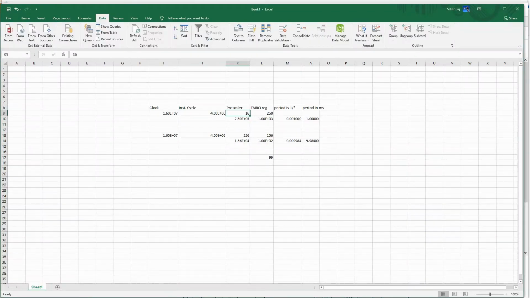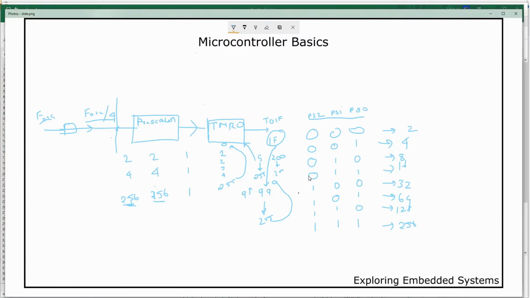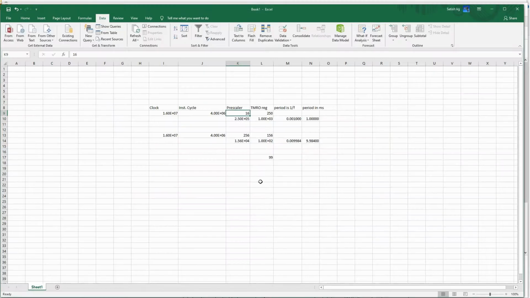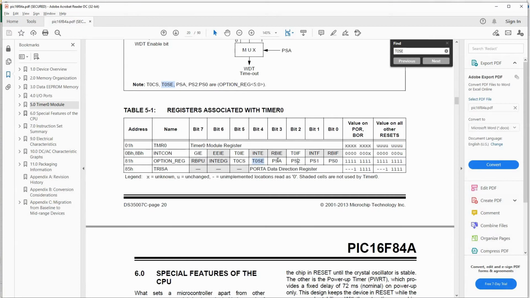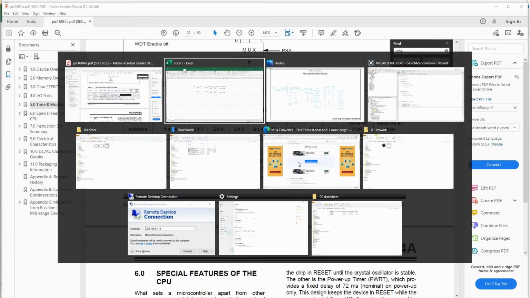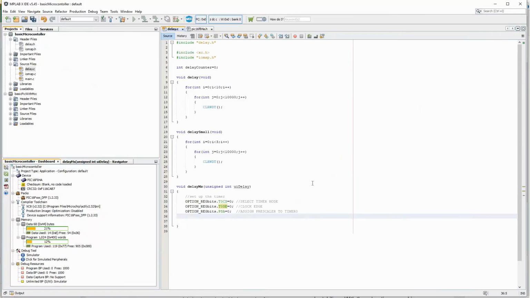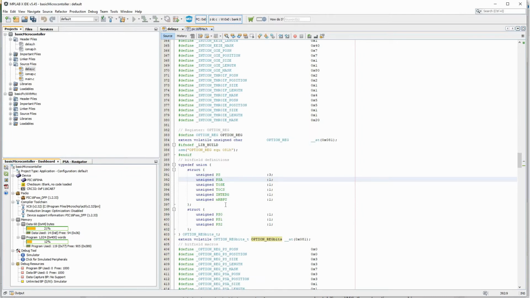For 16 it was 0, 1, 1. PS2 is 0. So it is PS2, not PSA2.